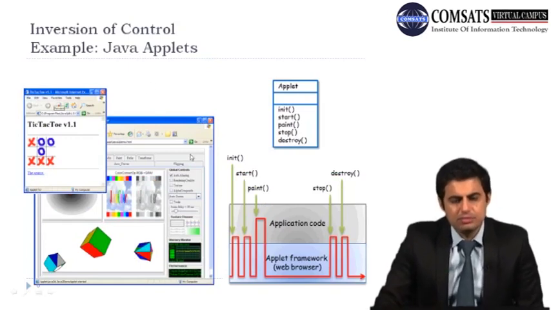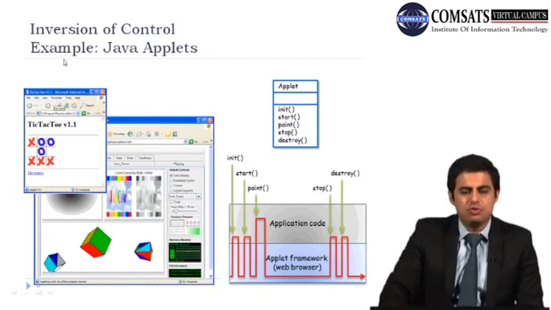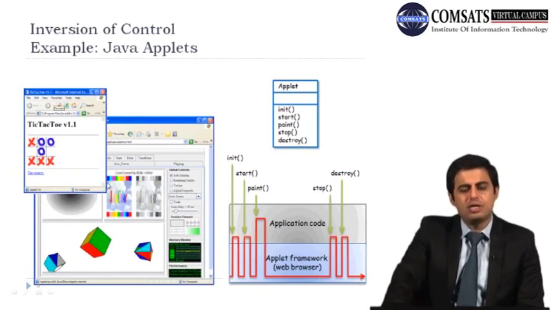Okay, there are some new examples of inversion of control. For example, Java Applets. You must have heard about these Java Applets. They have got already executed code in them as well, so they can create new windows for you. They can create new kinds of functionalities for you, and if you want to put some mathematical thing in it or some graphical one as shown in this picture, the framework does it for you.